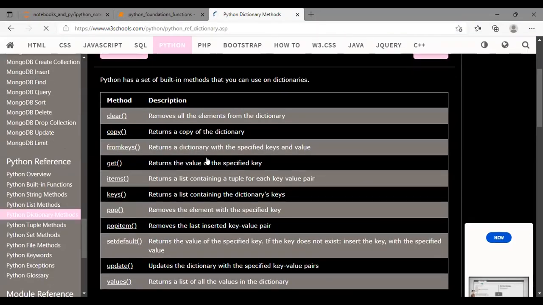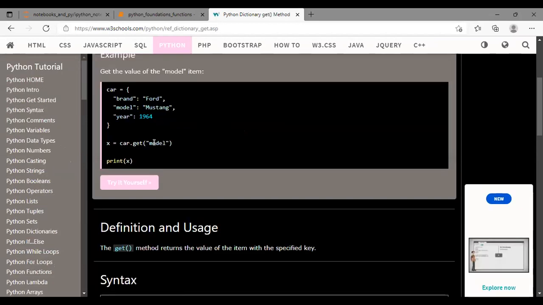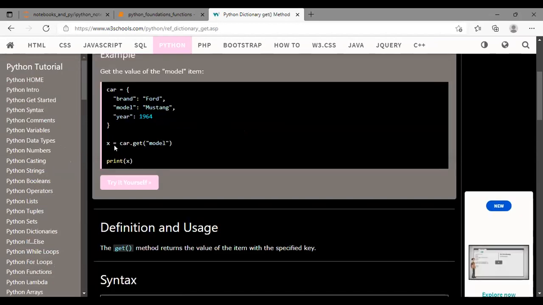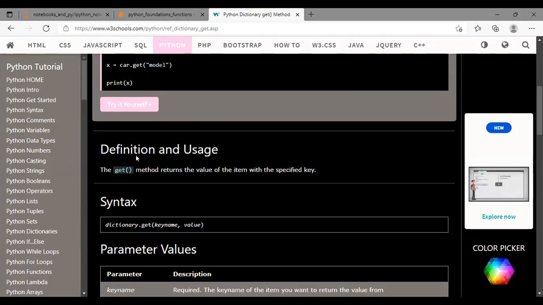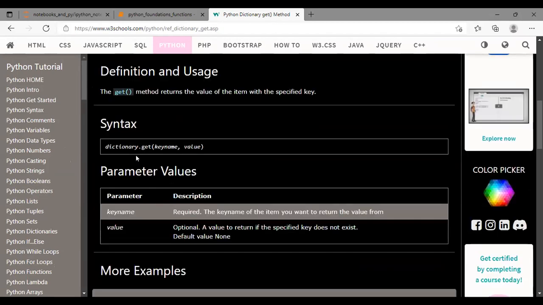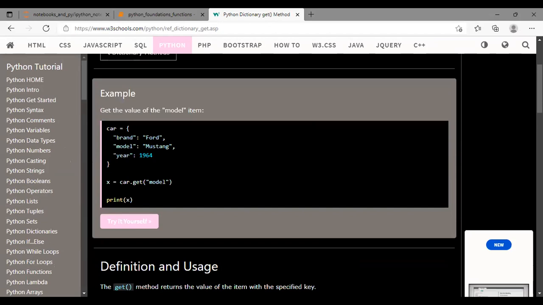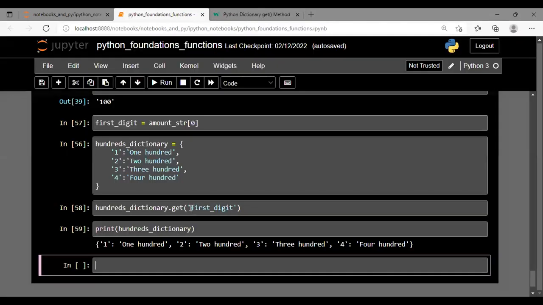So get returns the value of a specified key. Yeah. So what's the syntax again? Syntax is car.get. Okay. Cool. Okay, so car.get the, yeah, all right. I think I see where I missed it. So